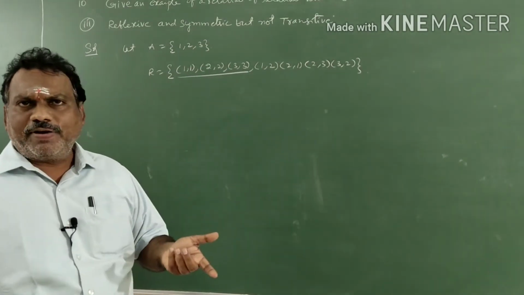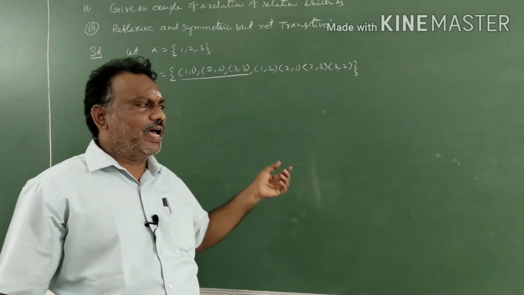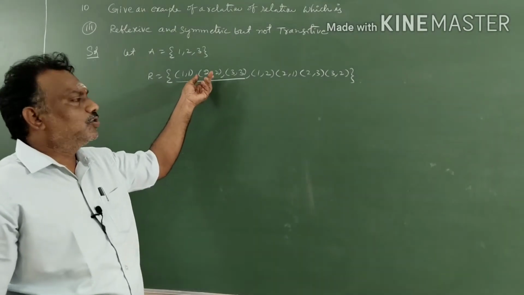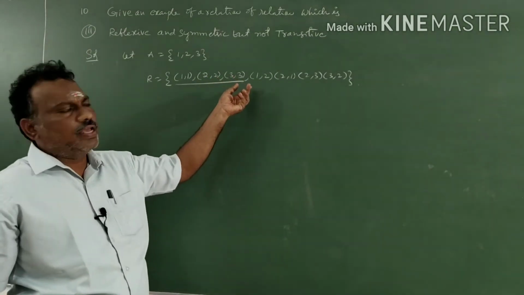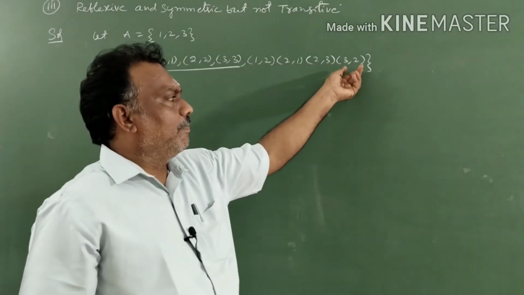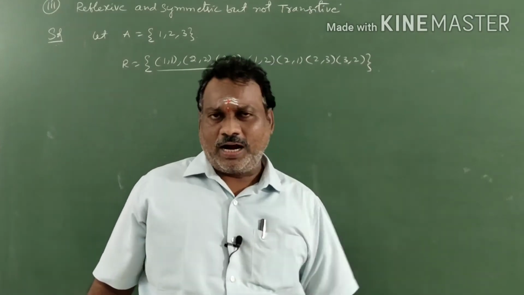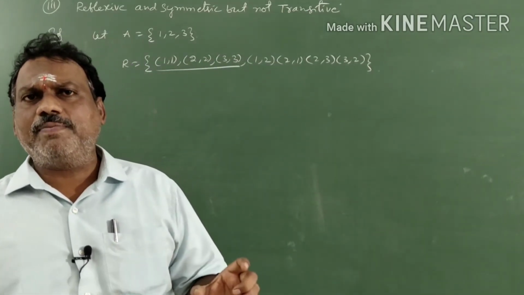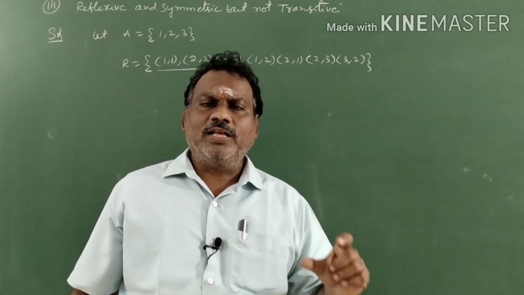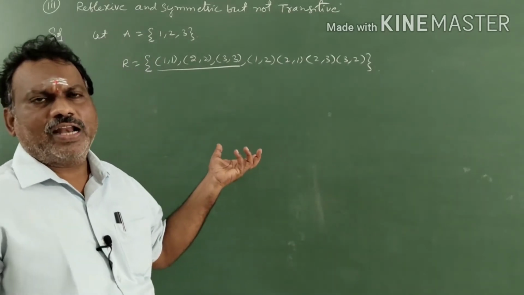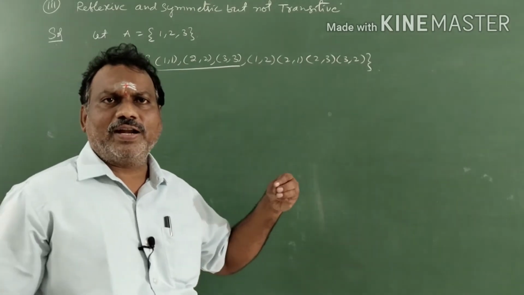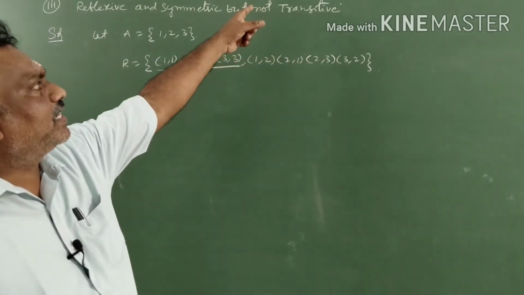Next, we have to check whether it is symmetric or not. I told you a reflexive relation is always symmetric. Why? Because for (1,1), (a,b) is (1,1), a and b are equal, b also the same; (2,2) same, (3,3) same. If (a,b) is (1,2), (b,a) is (2,1). (a,b) is (2,3), (b,a) is (3,2). According to the definition, if an ordered pair (a,b) belongs to the relation, obviously (b,a) also exists, then only it is symmetric. So in the given relation (a,b) as well as (b,a) both are present, that's why it is also an example for symmetric.